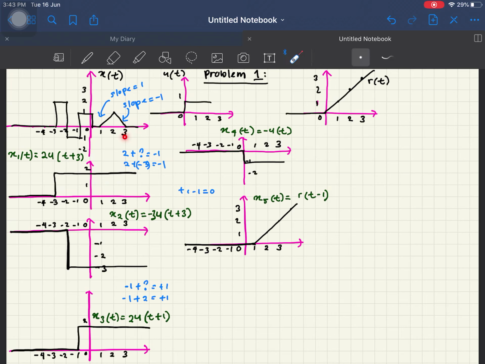It means at t equals 2, you have a ramp signal with a slope of -2, because -2 plus 1, which is this one here, will give you -1, which is this slope over here. Okay, so if I am to sketch the next signal,